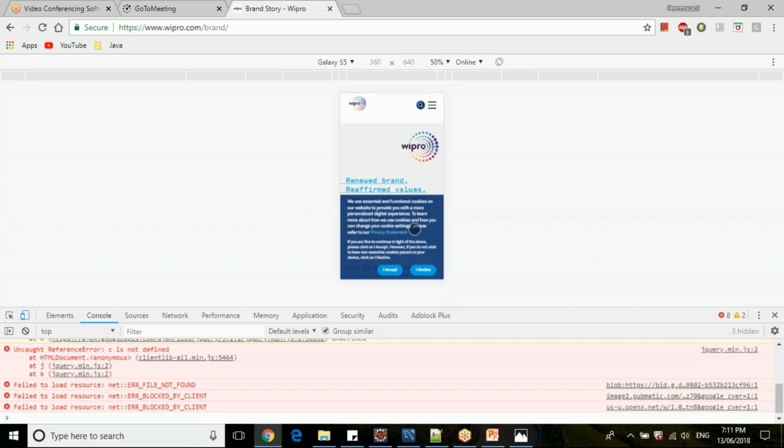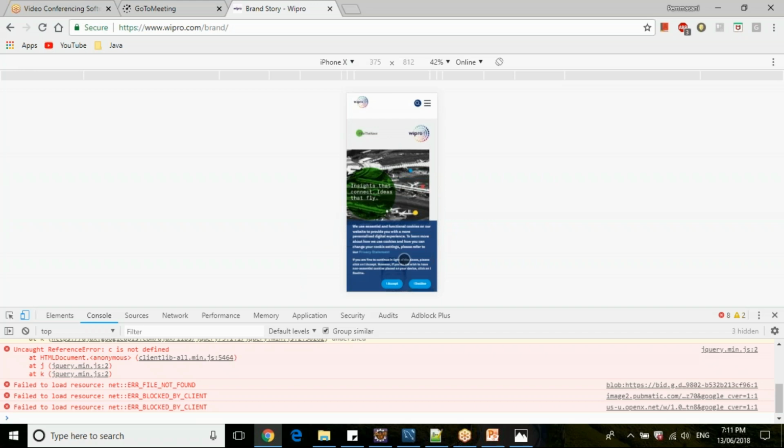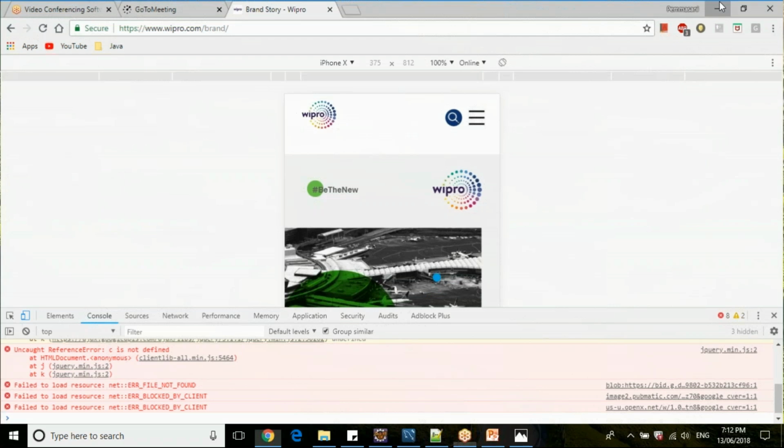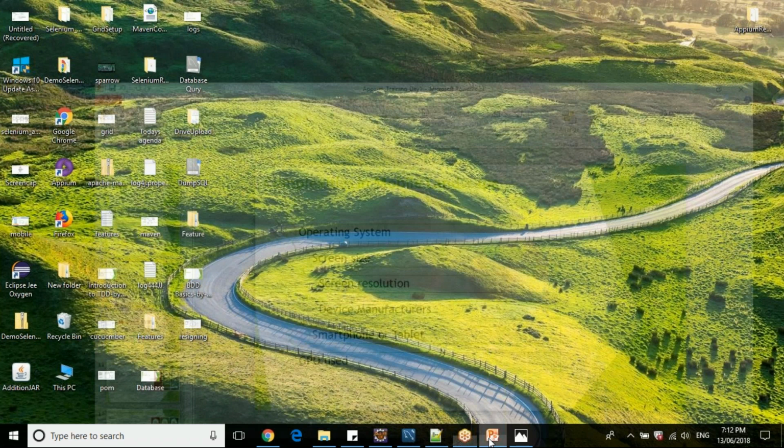This is the screen size. So this is how you calculate your screen size. So Samsung S5 and iPhone screen sizes are almost similar, but when you load iPhone X, it will look in this particular diagonal way. In layman's terms, it is called pixels. When you test your pixels, you are testing your screen resolutions.